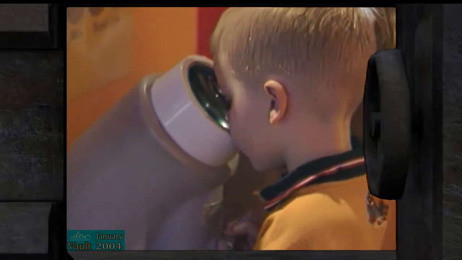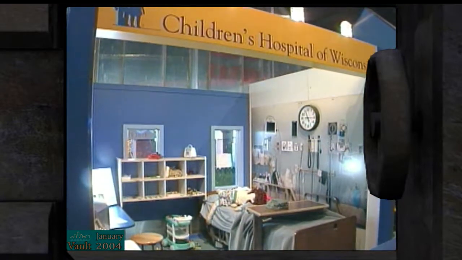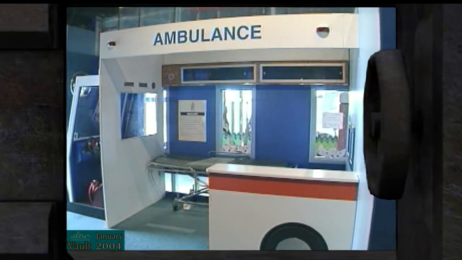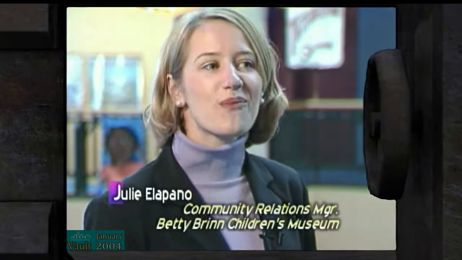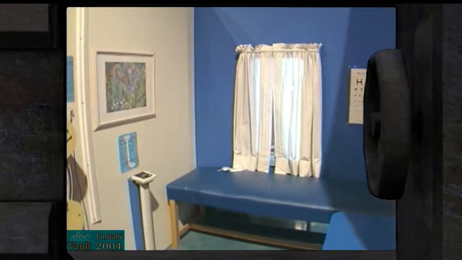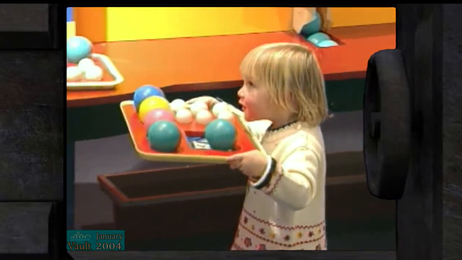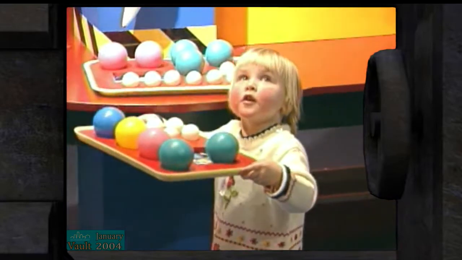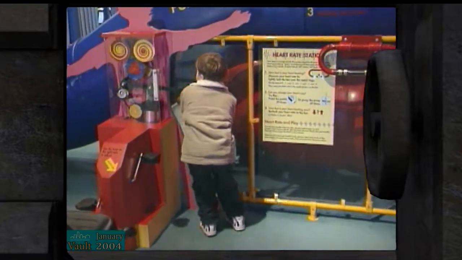It teaches children about how their body functions, what they might see at a doctor's office, what a leg brace or a neck brace might do for them, how to operate a wheelchair. They learn how to dial 911 so that they know what to do in an emergency. It's in an area that really focuses on acquainting children with the things that they see often in doctors' offices and in their bodily functions that might intimidate a child, but this is making them comfortable and introducing them to things that are just a part of everyday life.